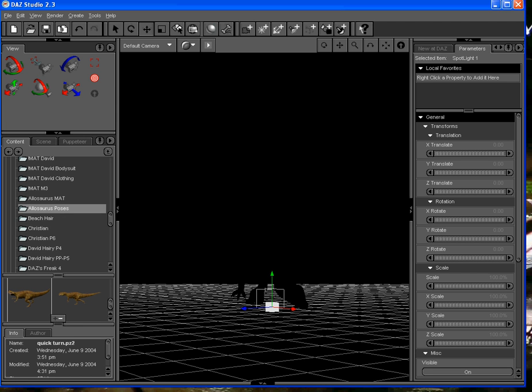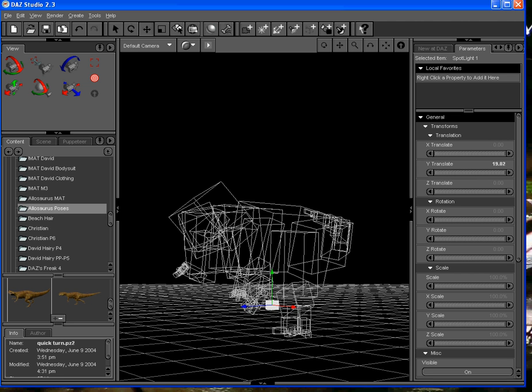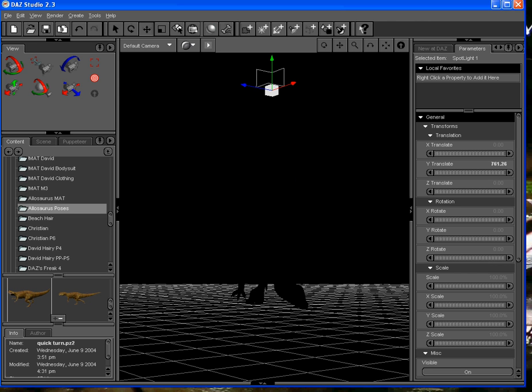And as you can see, that spotlight is down here on the floor, which is below the Allosaurus, so you don't see anything. So the first thing we need to do is take the y-axis and translate it up. And you see how it's flying up there? Okay. And one of the things you notice is it's still not doing a very good job of lighting up